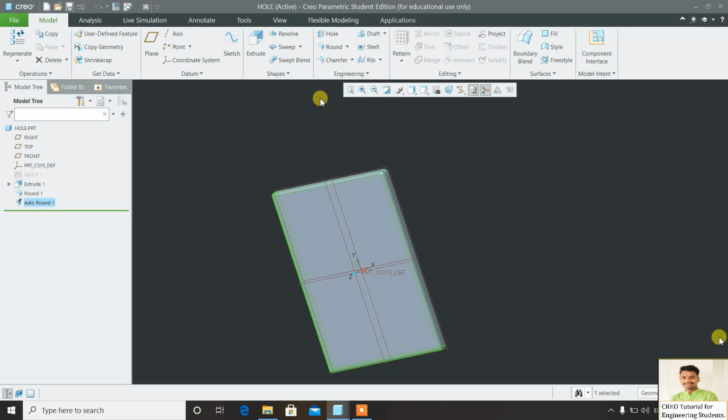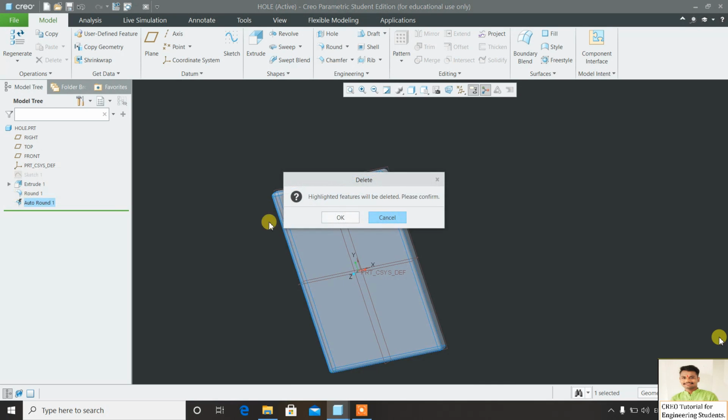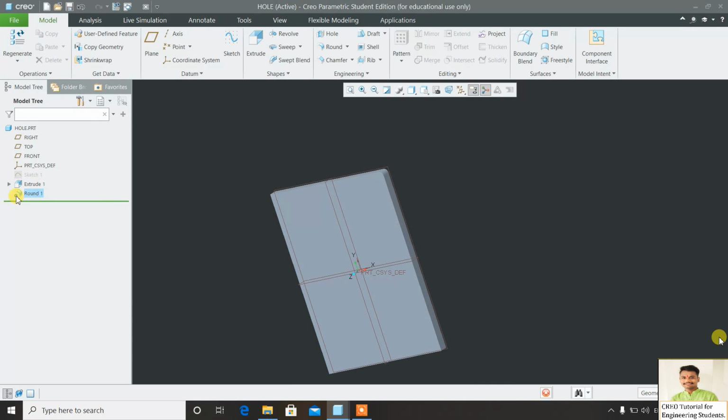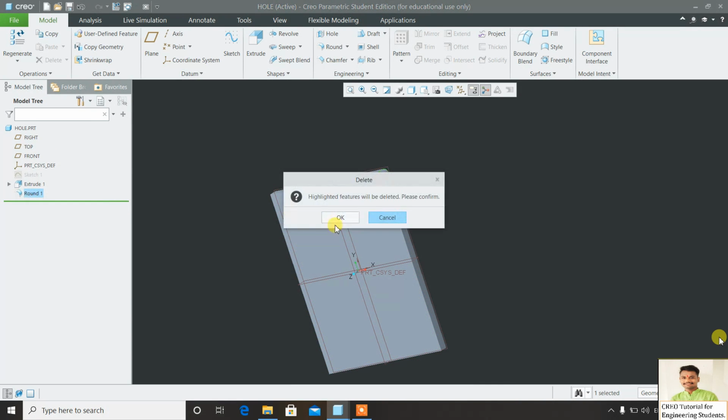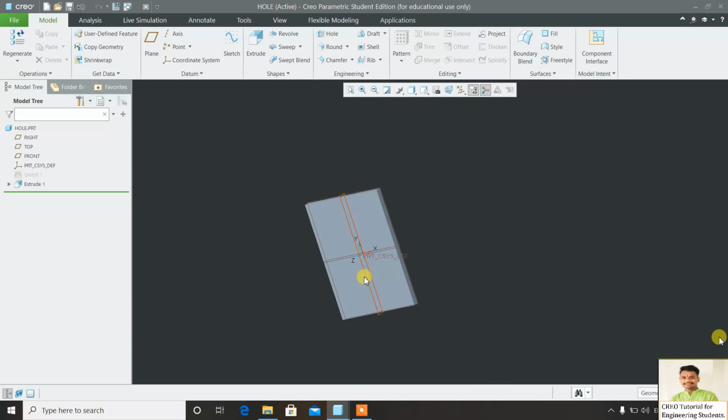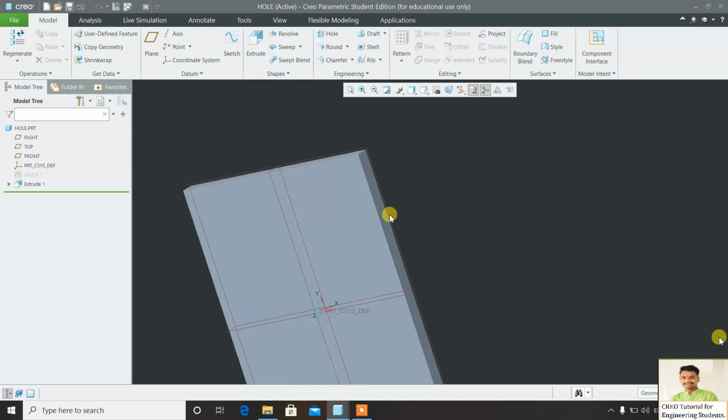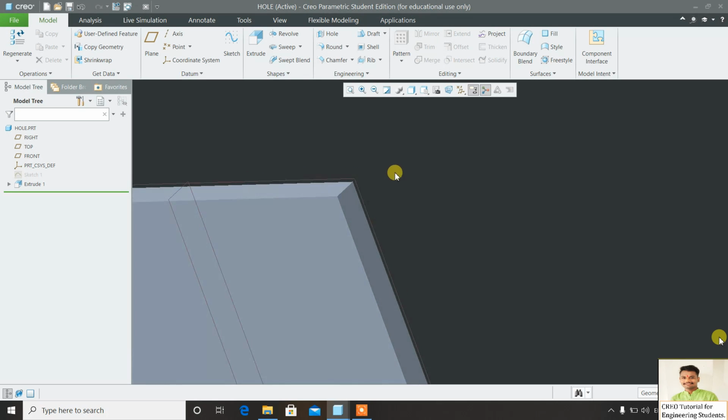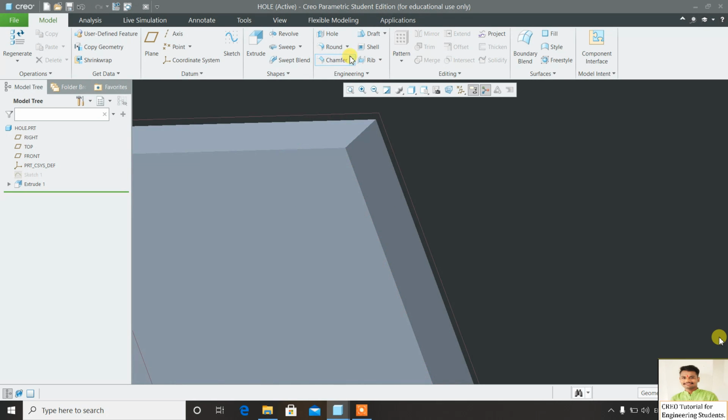Now we are going to learn the chamfer command. For this I will first delete this, then also I am going to delete the round command. Now my rectangular plate is looking like this. I am going to make it chamfer. Chamfer has two types, edge chamfer and corner chamfer.